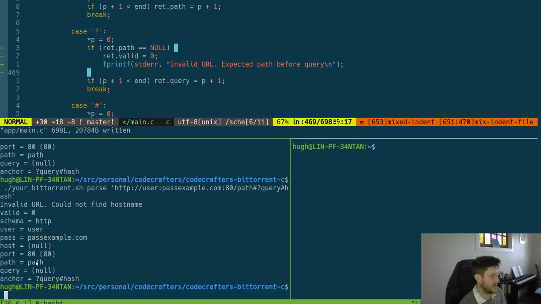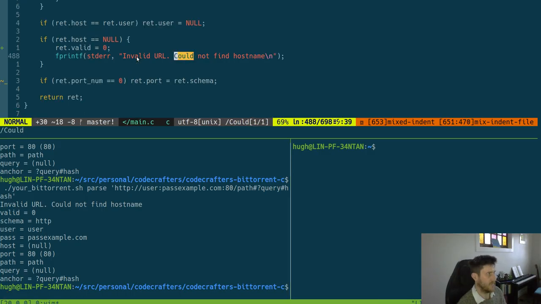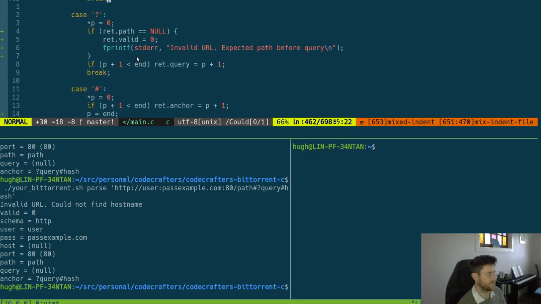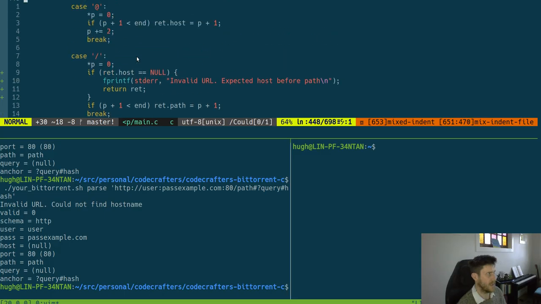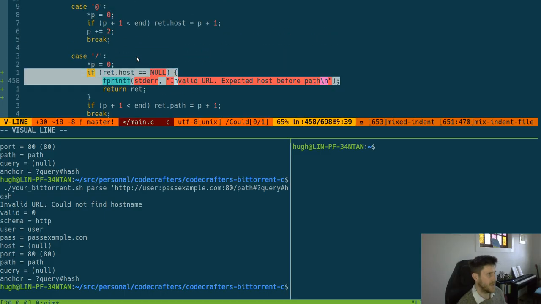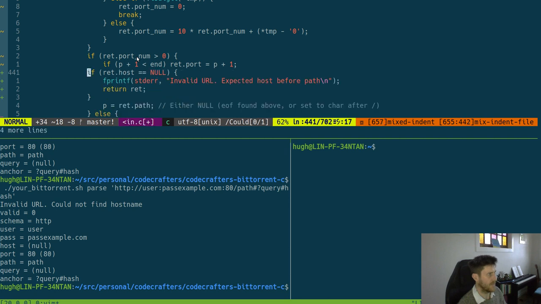surely it got to path and host should be null. Which it's saying could not find host name, but it's finding it way down there. Not when we get here. But this isn't the only place it switches into being a path. It's also after